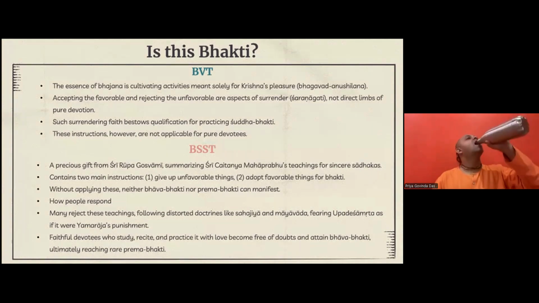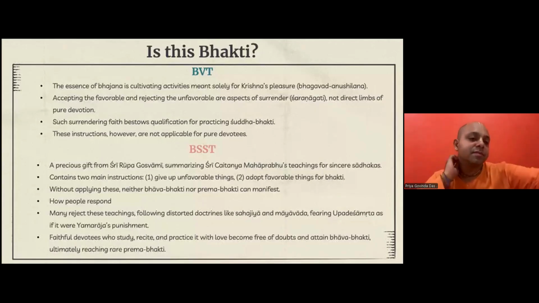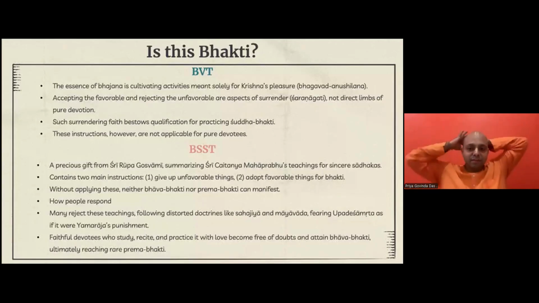How do people respond? Many reject these teachings following distorted doctrines like Sahajiya and Mayavad, fearing Upadeshamrita as if it were Yamaraj's punishment. Faithful devotees who study, recite, and practice it with love become free of doubts and attain bhava bhakti, ultimately reaching